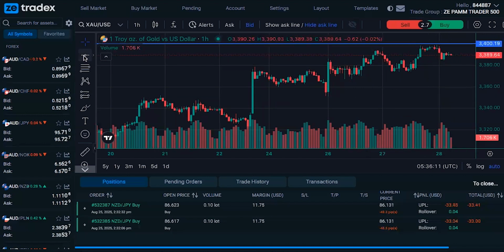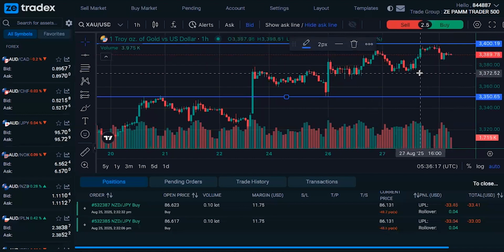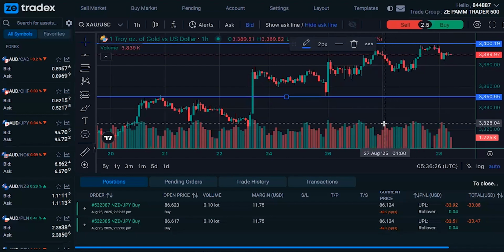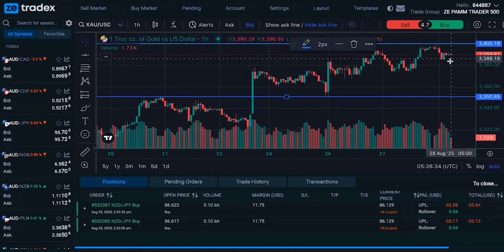And the next point would be a very important support at this point, and a breakthrough to 3,372. First, already we have the first TP, and the second TP will be at 3,348. And of course, hopefully a third TP is going to be at the $3,324 per ounce.